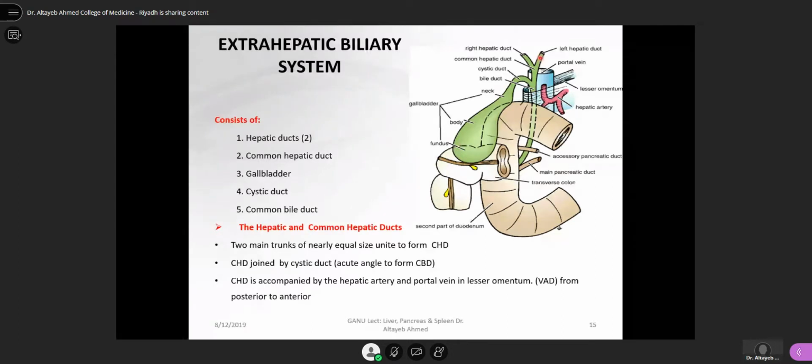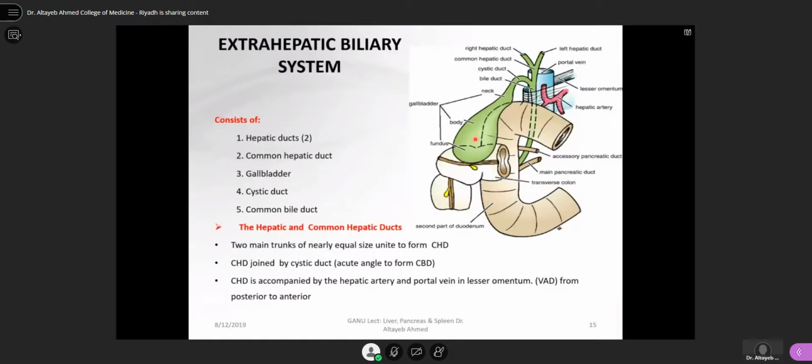How does the bile go to the gallbladder? Bile comes from the right and left hepatic ducts, drains down to the common hepatic duct, then goes down. Here in this area, we have the sphincter of Oddi, under the mucosal coverage of the ampulla of Vater. So if you don't eat, this will be closed, so the bile pressure will increase, open a valve here, we call it the spiral valve,